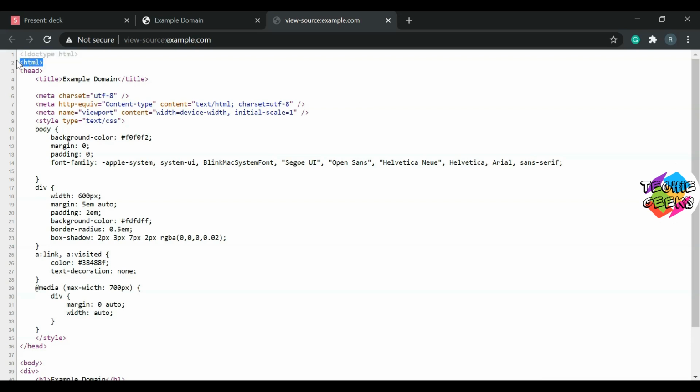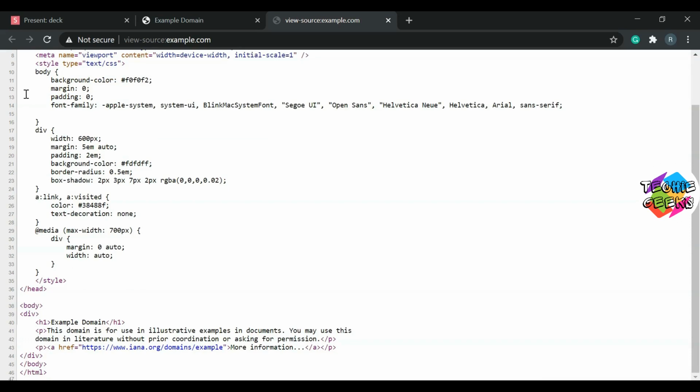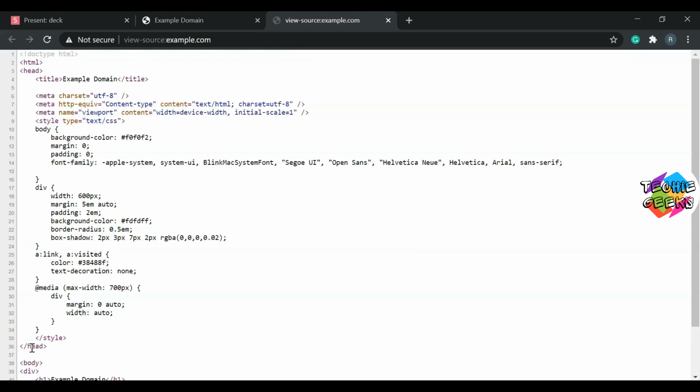The second tag is the HTML tag, and that's where the HTML begins. Now if I jump to the right end of the document down here, you will notice the same thing, but it has a slash before it, and that means where the HTML ends. The tag at the top is called the opening tag because HTML begins from there, and the tag at the bottom is called the closing tag because it's where HTML ends.